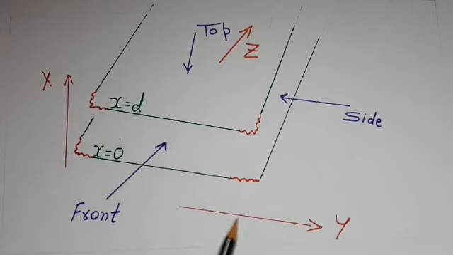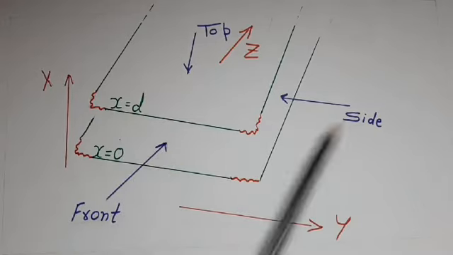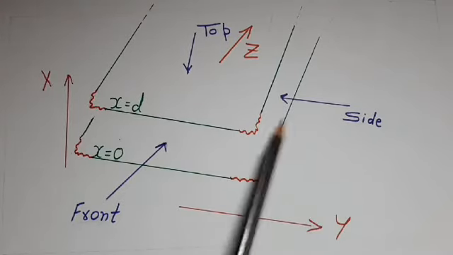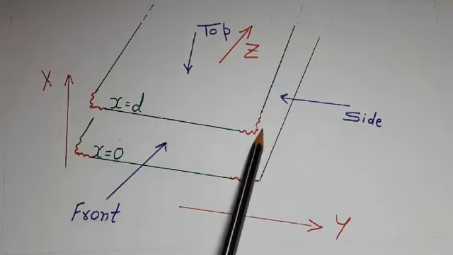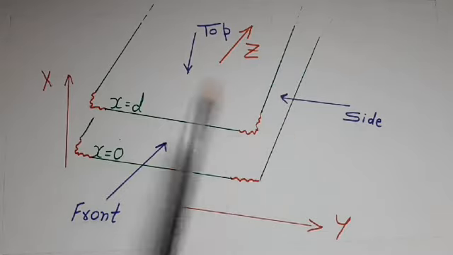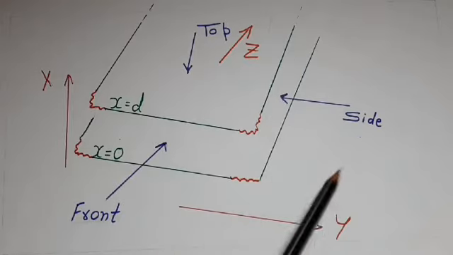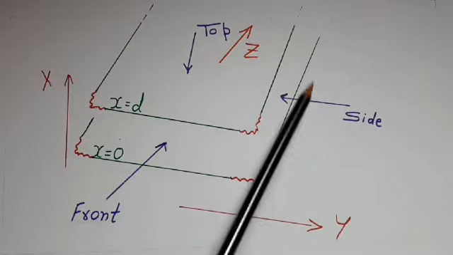If we see from here into the waveguide, then this would be the front view. In the front view, we can only see variation of field in the x direction. If we see from here into the waveguide, then this is called the side view. In the side view, we can see field variation along the x direction as well as along the z direction. As we know, field variation along the x direction would depend upon the value of m, but field variation in the z direction will always be sinusoidal with wavelength lambda g, that is equal to 2 pi upon beta bar.